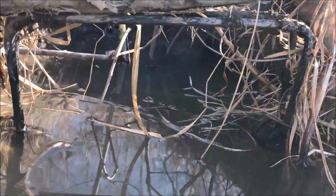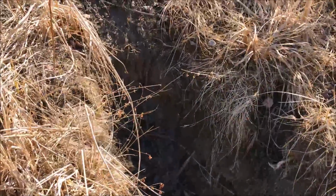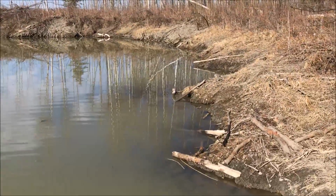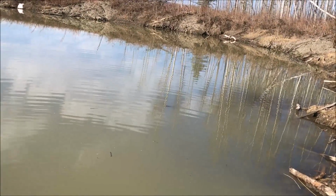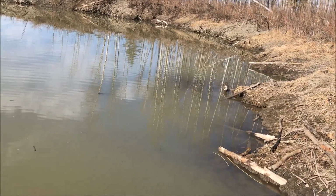So you can see there's just an opening right there. They can go through. And they've been up here last night, so it's all wet there. They've been up there chewing, so. Now I realized I hadn't been here before to see, but not the ideal place to be setting conifers because of, and I should have known this before already because